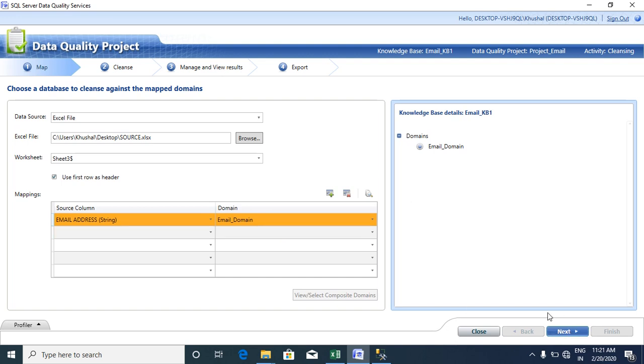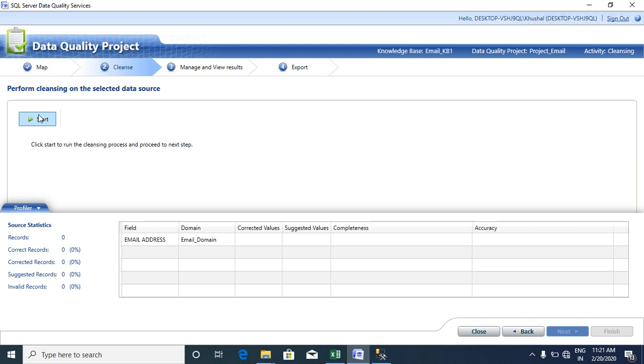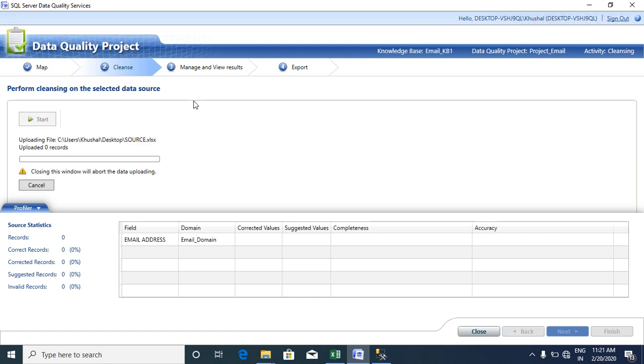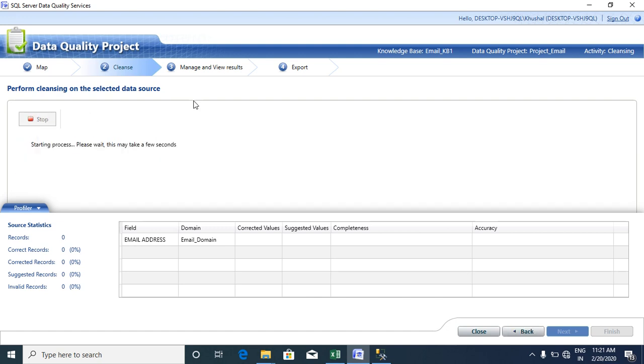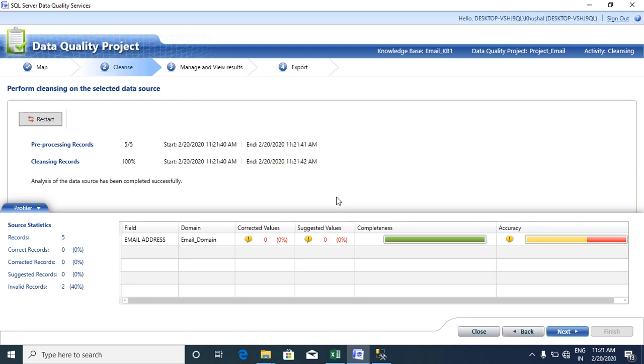Click on the next button, then the start button to run this knowledge base. Here you can see that the completeness and the accuracy level is 60%,